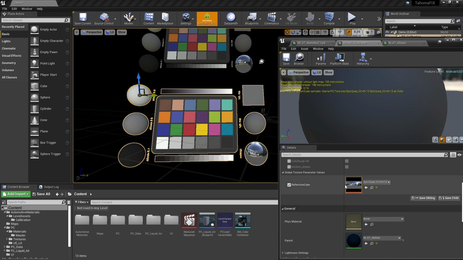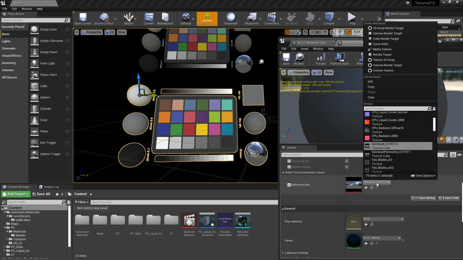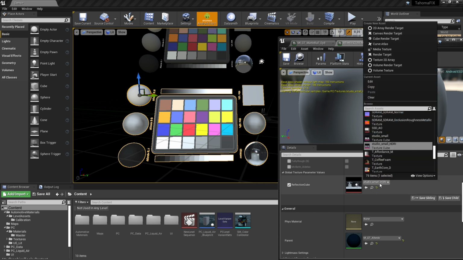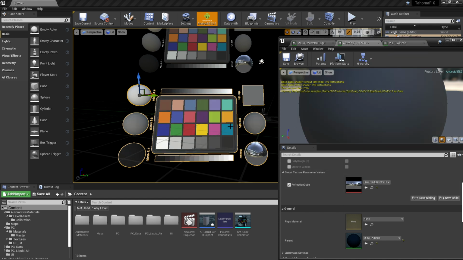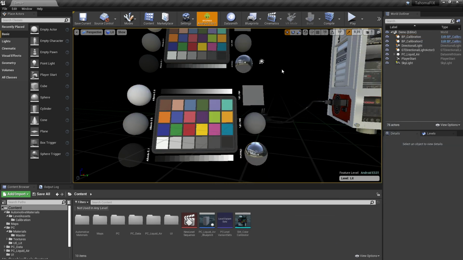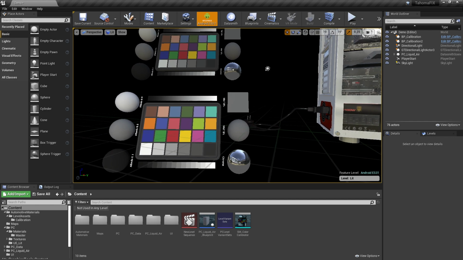So by changing that one cube map on the albedo cube map, like if I just go and change this guy, we'll just search for cube and I'll grab this HDR here. You can see that, in one click, I was able to update seven or so materials. So really, really fast, easy way. And then if we just type cube again, we can get back to this guy right here. So with that done, let's go ahead and close that down. Let's just exit out of that guy and let's just sort of zoom back out here.